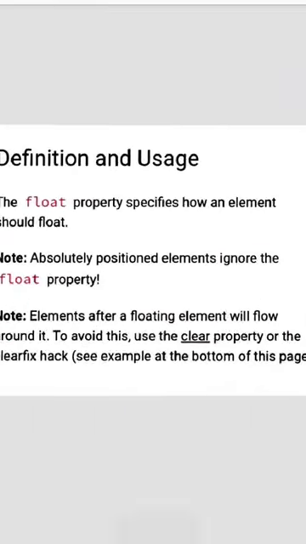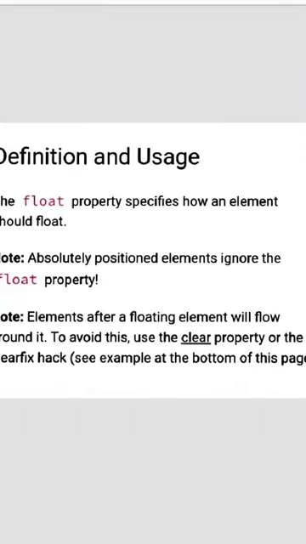Now we will discuss the float property. Float means moving any object. Here in CSS we can use float property to make our elements floated. Like in a web page we can paste it at any place where we want to place the elements. Like if we want to insert a logo at the right hand side corner, top right corner of the web page,